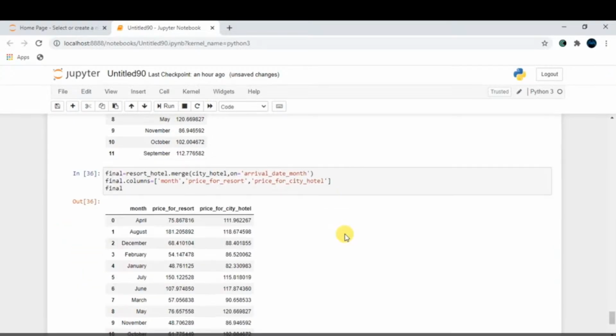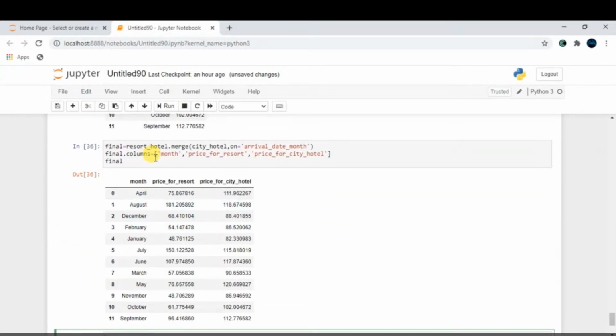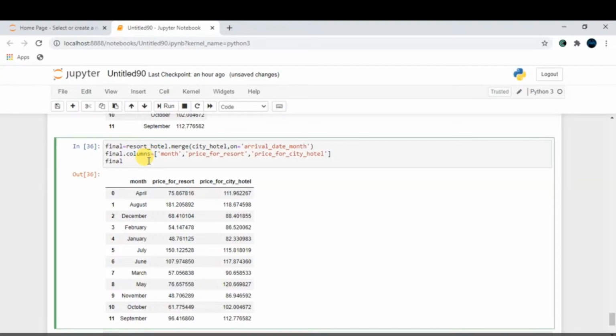Just execute. This is your amazing data frame. Still, you have to do one more pre-processing on this data frame. Hope you all guys get to know about it. Yeah, this is exactly that month column, because you will see